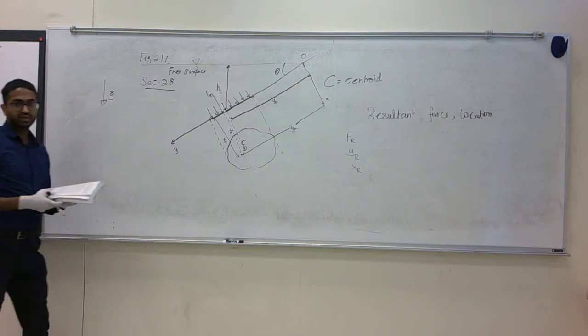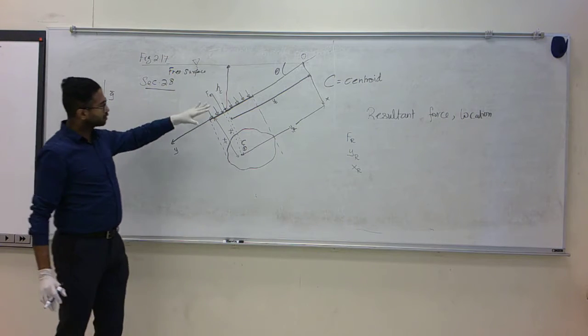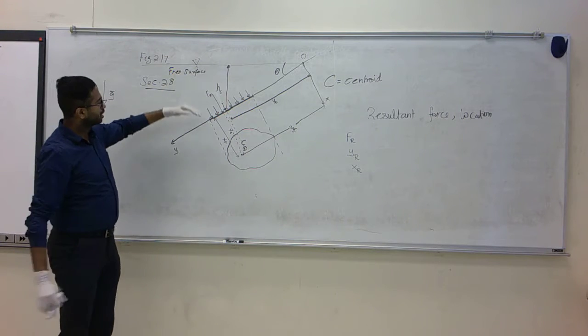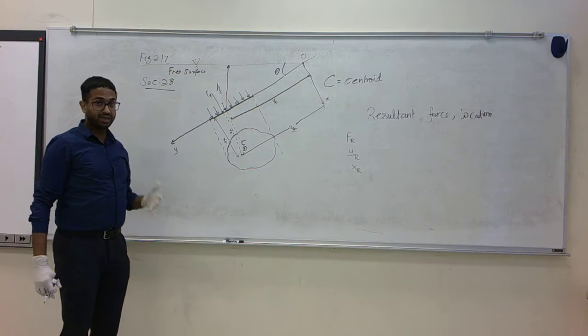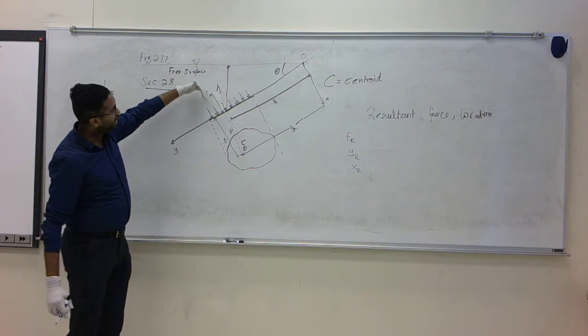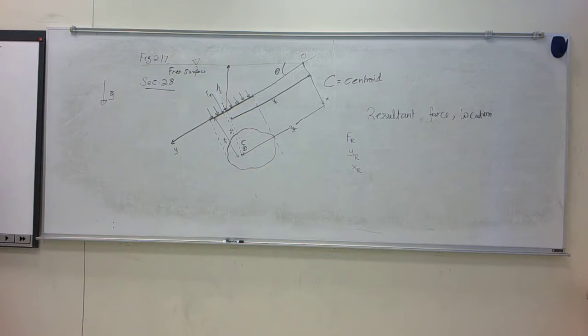The derivation itself is not very important for us. If you understand the basic idea of what it means to have a resultant force, what is causing the resultant, the pressure is always compressive and normal to the surface. That's really important to understand, and that causes a resultant force. So without repeating the derivation, I'm just going to present the equations for us here.